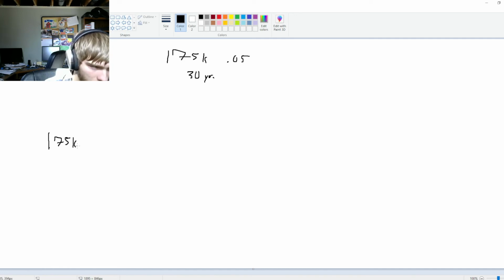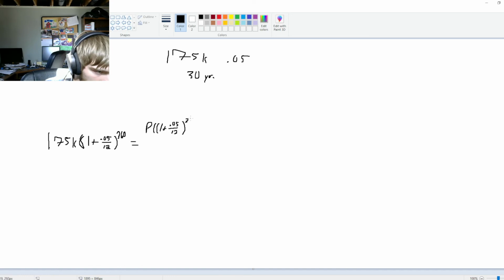So now, we know it's 175,000. I'm still just going to write K, but obviously on paper it's easier. I'm writing this with a mouse. That's parenthesis 1 plus 0.05 over 12 to the power 360 equals, we are trying to find his house payment, so we're looking for P here. Look, I remembered to open the parenthesis twice. We again have 0.05 over 12